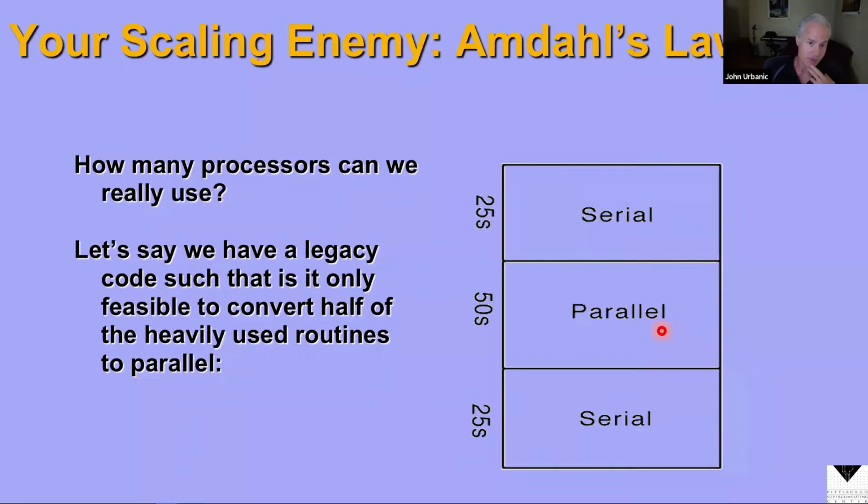Now, when you go to scale things up, there are impediments in your way. The most obvious one is something called Amdahl's law. Amdahl's law is simply an algebra statement that tells you that your code is going to be bottlenecked, handicapped by the part of the code that is inherently serial, that you don't speed up. So let's say we take a code and we run it and we time it, and there's a bunch of different things that happen in the code. We parallelize it. We do a good job.